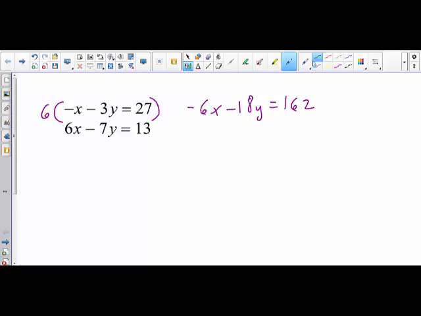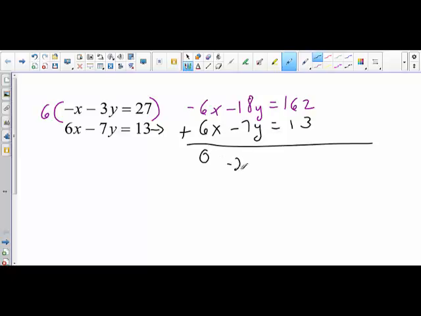Now, what that allowed us to do is, let me bring this over, the bottom equation. Now we're going to add. I normally teach elimination by addition. And in doing that, you're wanting to get the coefficients to be the same number but opposite signs. Now, negative 6x and positive 6x is 0. Negative 18 plus negative 7 is negative 25y equals